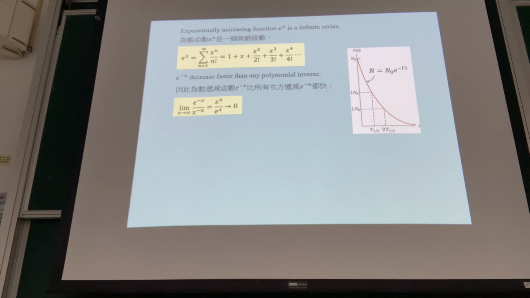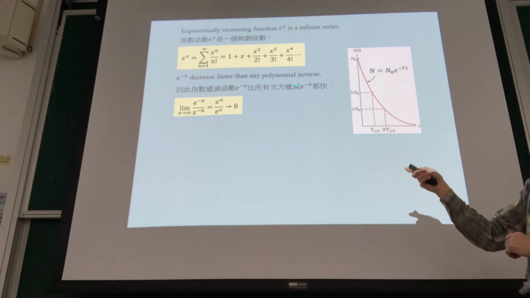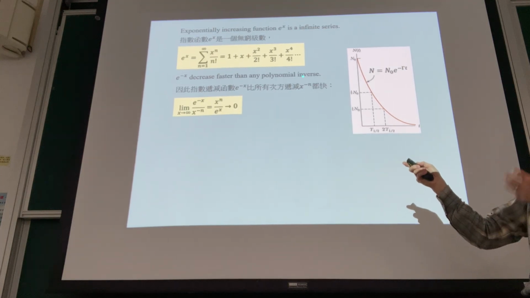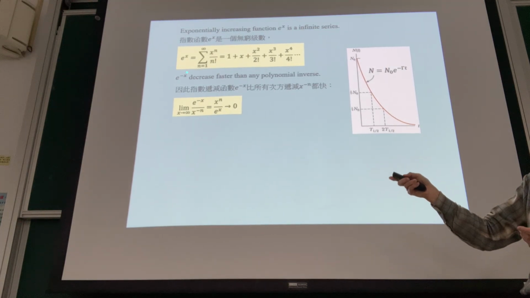Exponential x could be expanded as e to the x equals 1 plus x plus x squared over 2 factorial, and so on. It's an infinite series. You cannot cut it anywhere. But if x is not very large, then the later terms become less and less important. But if x is large, then you have to take everything into account. The point is, if this exponential function can be expanded in this way, I can argue that exponential decreasing